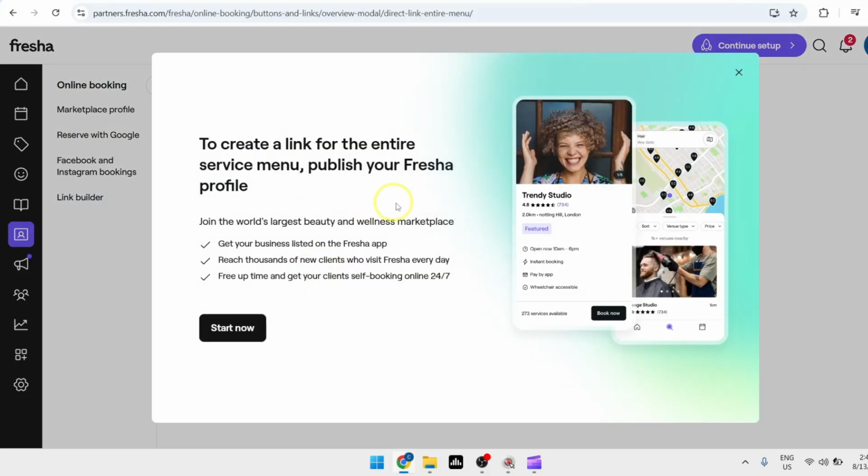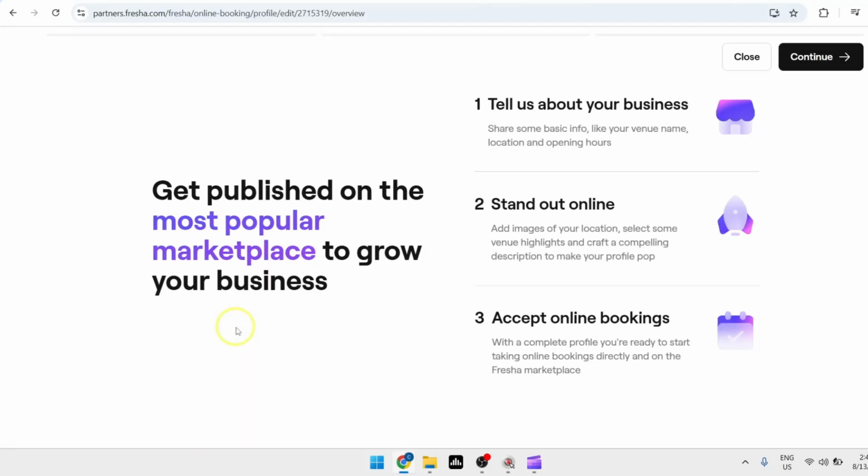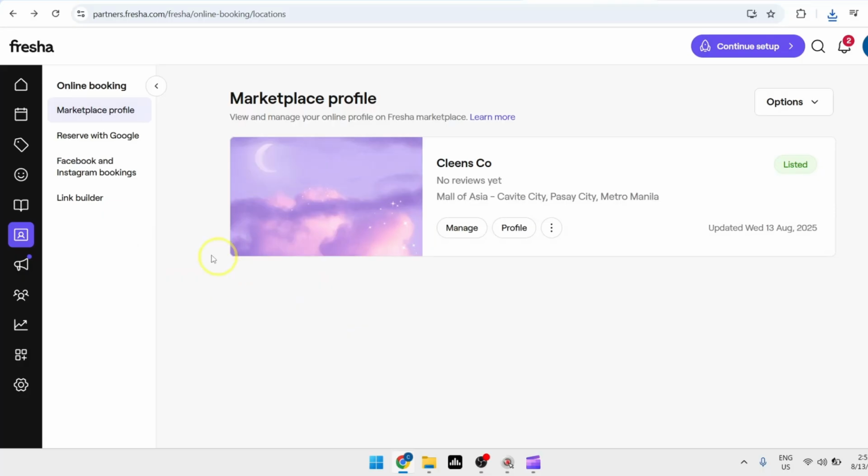Of course, before you proceed, you must publish your Fresha profile. Proceed by clicking on Start Now. And from here, all you have to do is follow all the on screen prompts, answer details being asked, then just proceed until you get to the end. So, once you've published your store